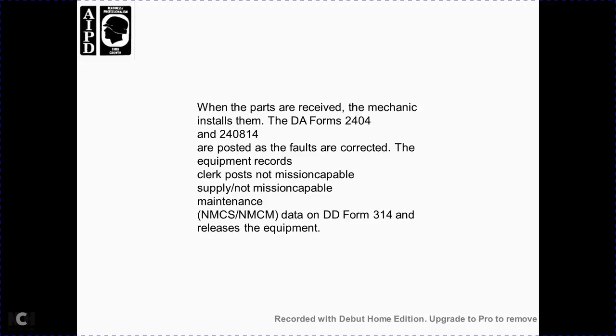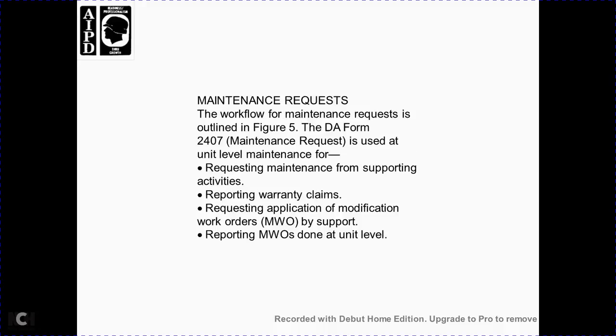When the parts are received, the mechanic can install them. The DA Form 2404 or 2408-14 shows the faults were corrected, and the equipment records are cleared. Post with the nomination capable supply, and the nomination capable maintenance, with the data on the DA Form 314 with the relief of the equipment. Maintenance request workflow: outline and DA Form 2407, the maintenance request to the unit level of maintenance, requesting maintenance for